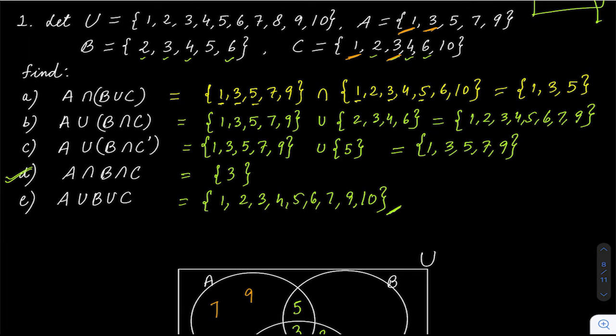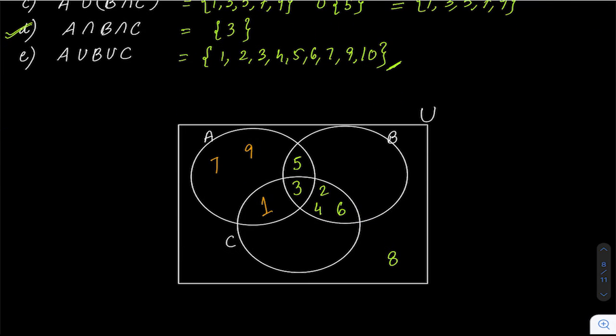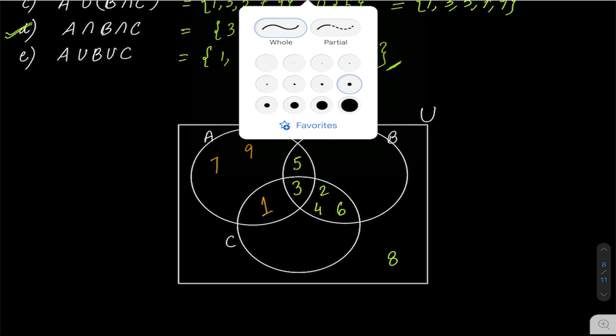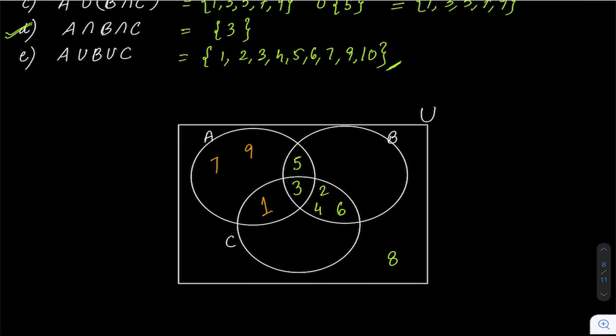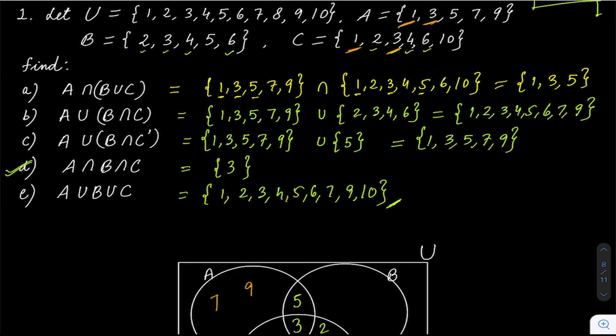Okay. Similarly, I will go for B. B has 2, 3, 4, 5, 6. Now this is interesting. All elements that are in B, we have already written. So basically there is nothing here. I will not write anything in B now, because whatever elements are there in B, we have already written: 2, 3, 4, 5, 6.